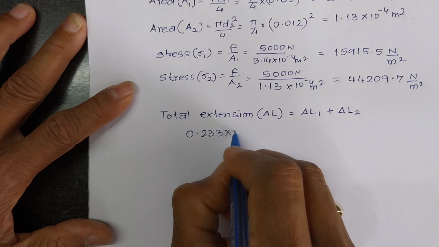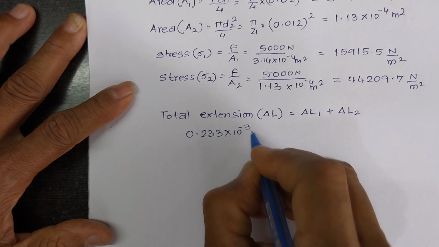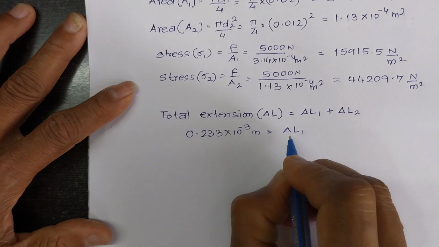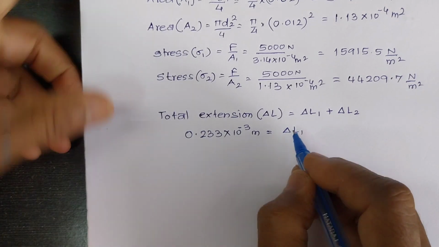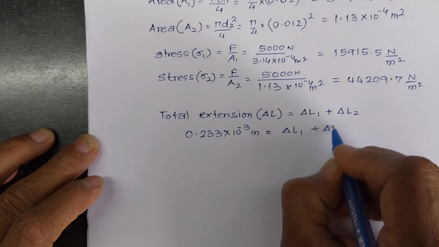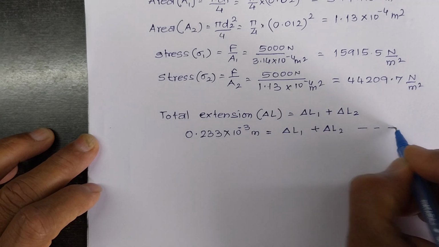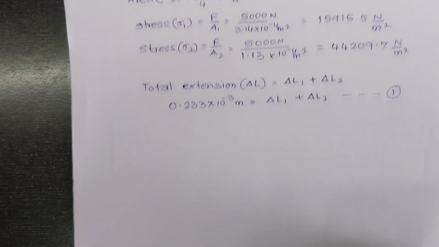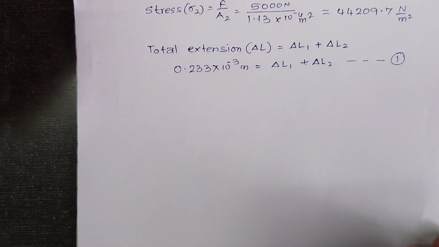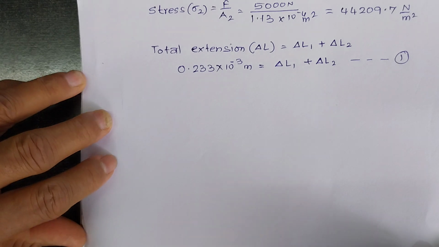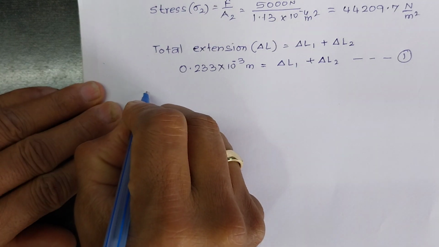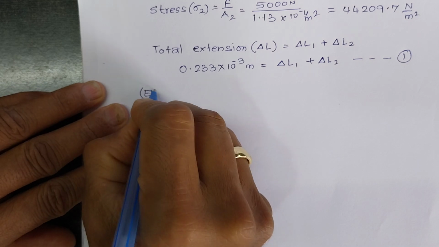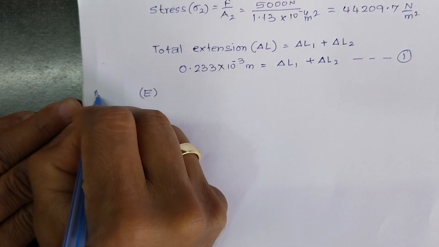0.233 into 10 raised to minus 3 meter is equal to delta L1, so the change in the larger cross section, plus delta L2. Let's mark this equation as equation 1. Now in order to solve this, we have to go back to a fundamental equation. I will start with this relation which says that modulus of elasticity E, I'll write this here, modulus of elasticity